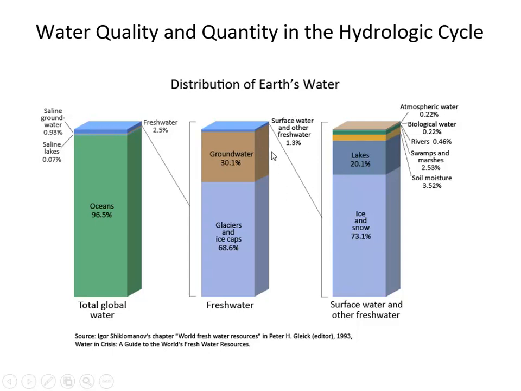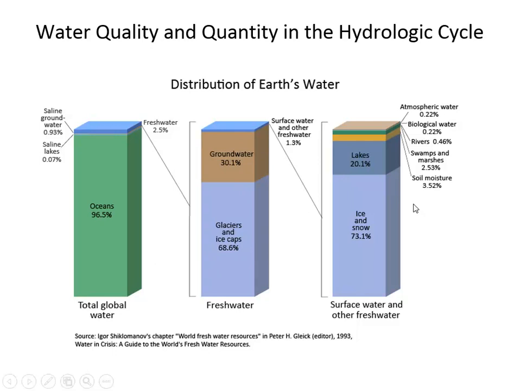Surface water, so think about the Ohio River. That's where we get our water from. The Ohio River is 1.3% of the 2.5% of the total quantity on Earth. And so the fact that we have such abundance next to Huntington is really a rarity, because most of the water is in the ocean, and most of the fresh water is either underground or trapped in glaciers and ice